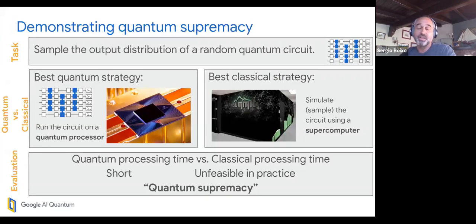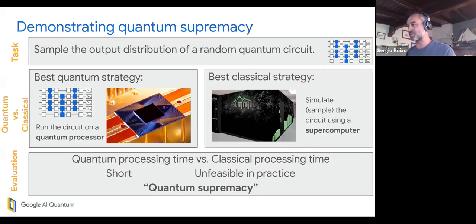So the idea of demonstrating quantum supremacy was to choose a computational task, which in this case was to sample the output distribution of a random quantum circuit. So this was actually related and inspired by some previous work, including the work from Mick and others on sampling IQP circuits. So we were looking into that, and then we decided to make our circuits a little bit more